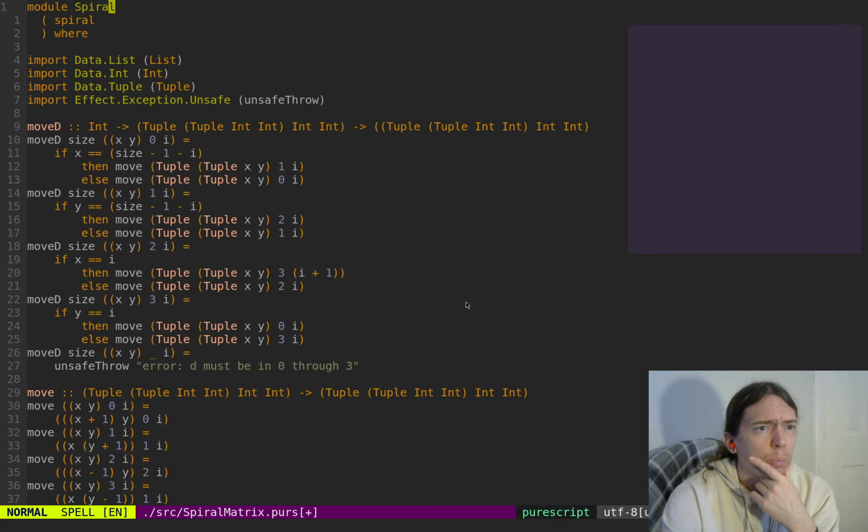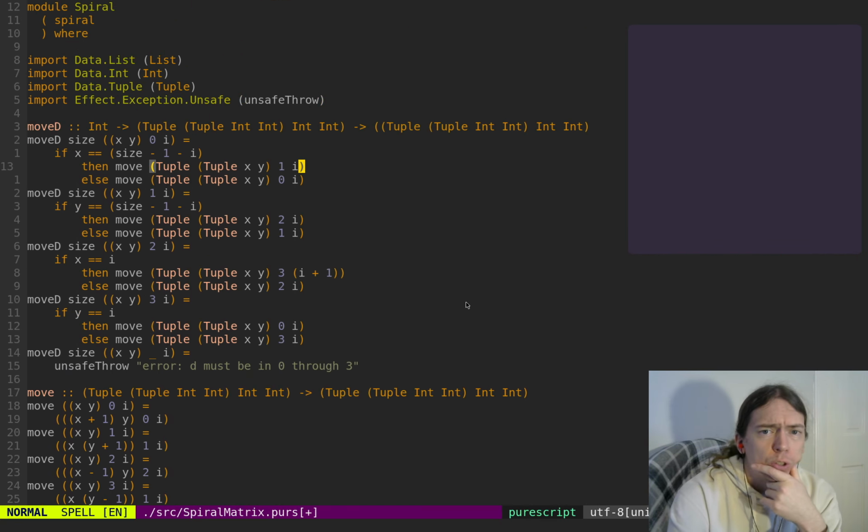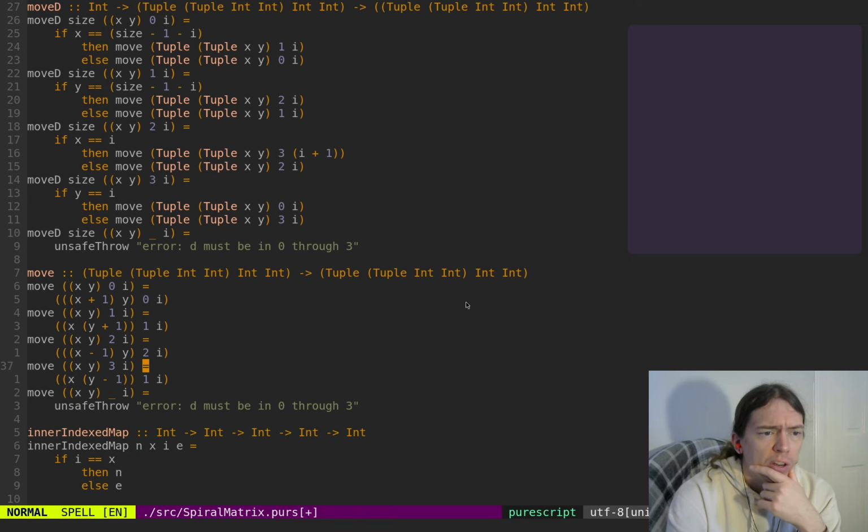So coming back up, we did Tuple Tuple. Okay. All right, so then down here,